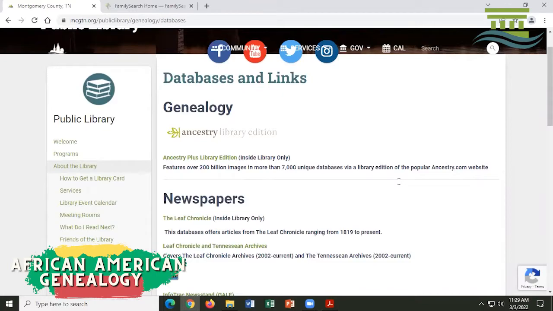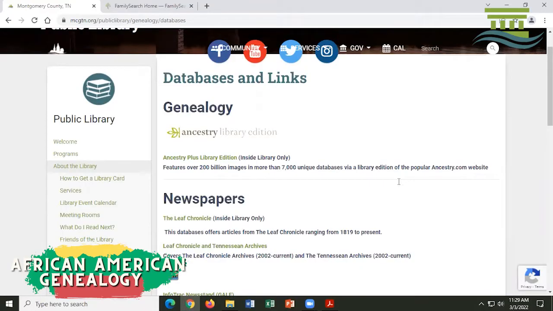We were able to mail them our old school microfilm rolls, and they scanned them, digitized them, and made them searchable so that if you come here to the public library, you'll be able to type in a name and then search the entirety of the Leaf Chronicle all the way back to 1819, and just everything in between. It's a phenomenal, fantastic source.